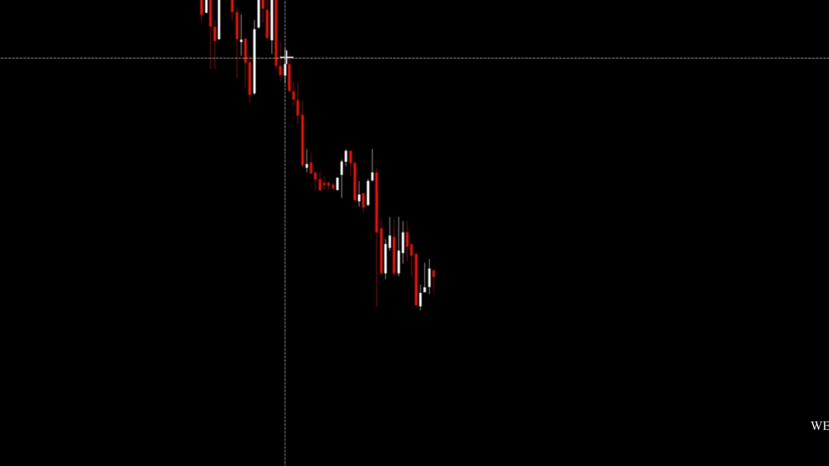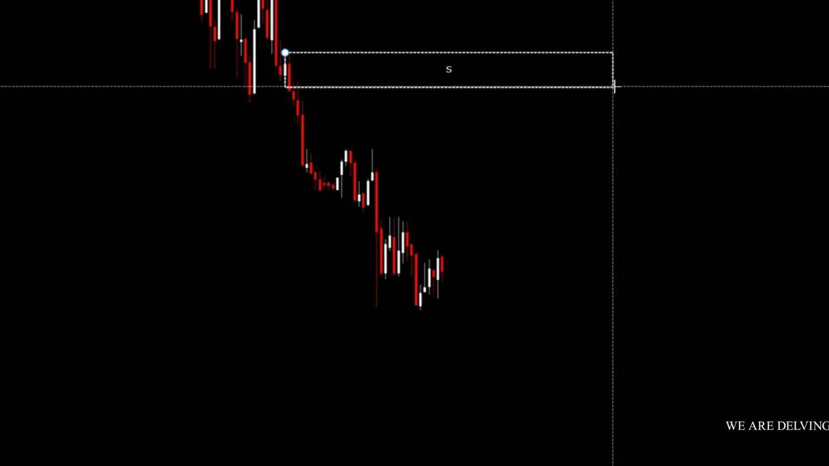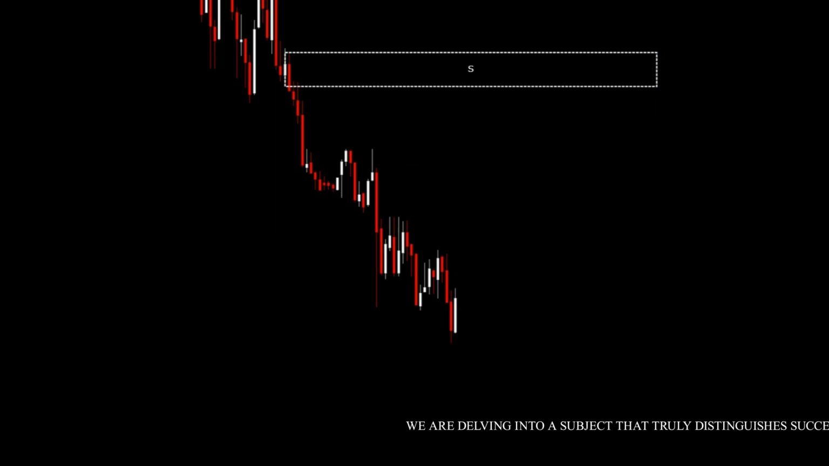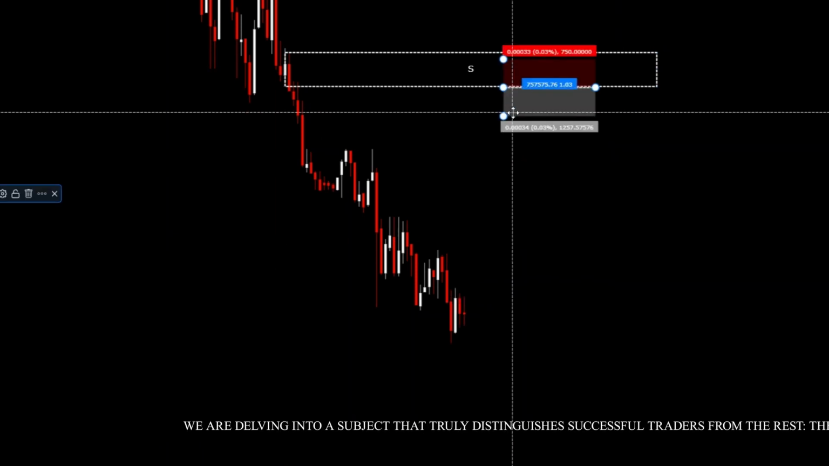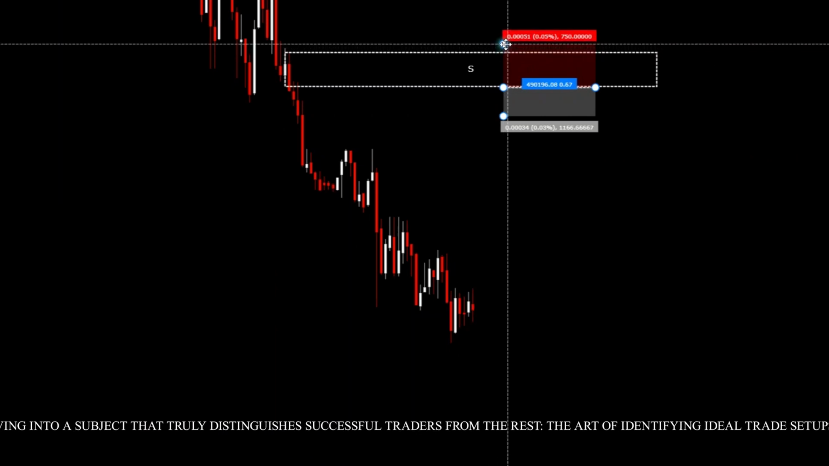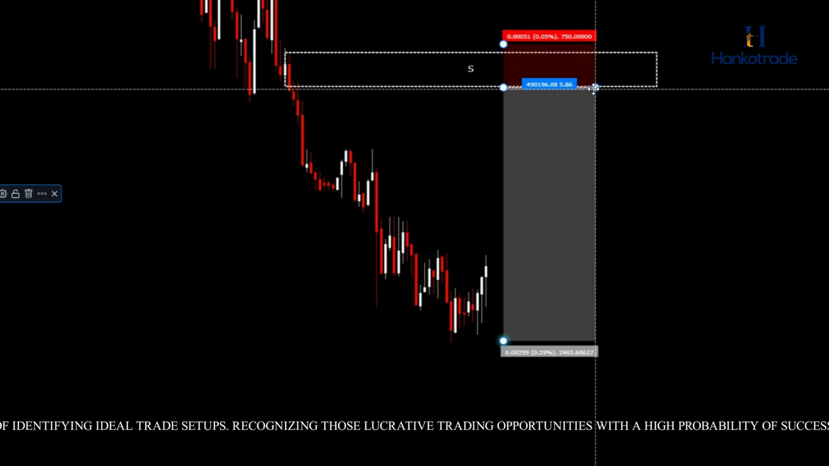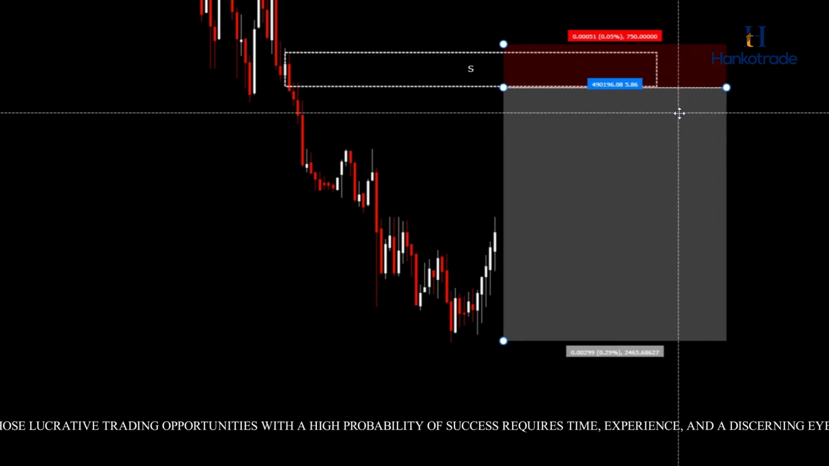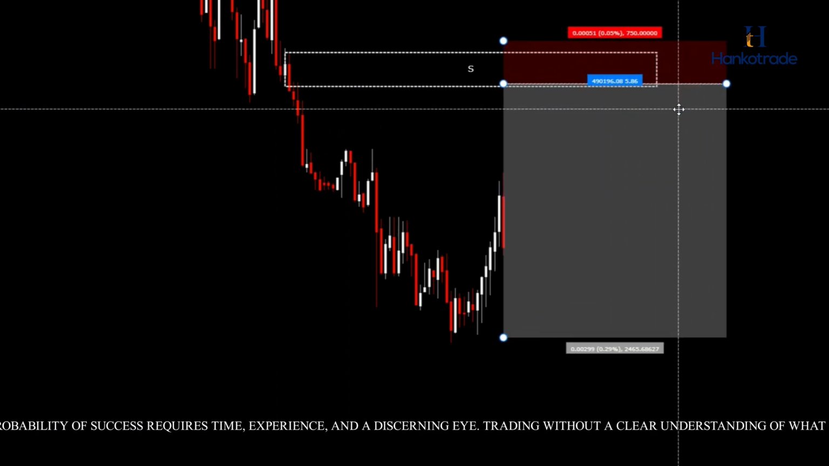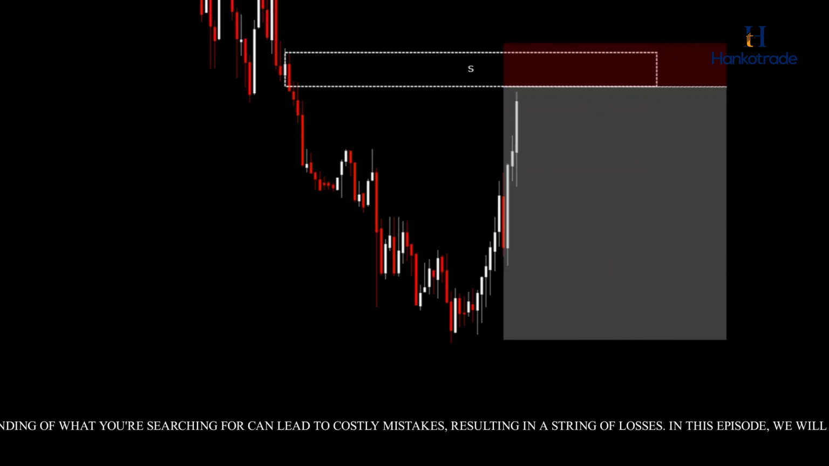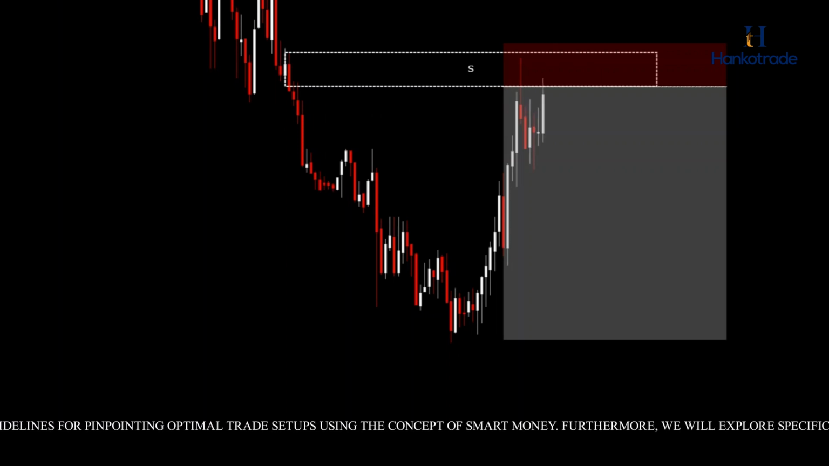Today, we are delving into a subject that truly distinguishes successful traders from the rest: the art of identifying ideal trade setups. Recognizing those lucrative trading opportunities with a high probability of success requires time, experience, and a discerning eye. Trading without a clear understanding of what you're searching for can lead to costly mistakes, resulting in a string of losses. In this episode, we will dissect the crucial factors and guidelines for pinpointing optimal trade setups using the concept